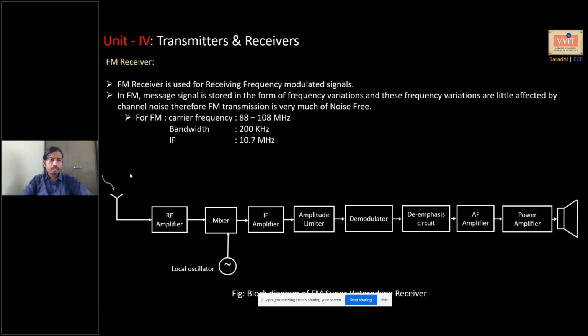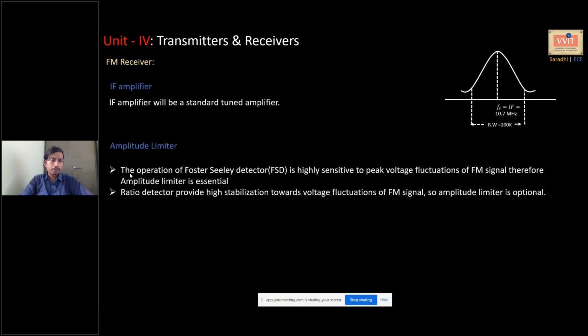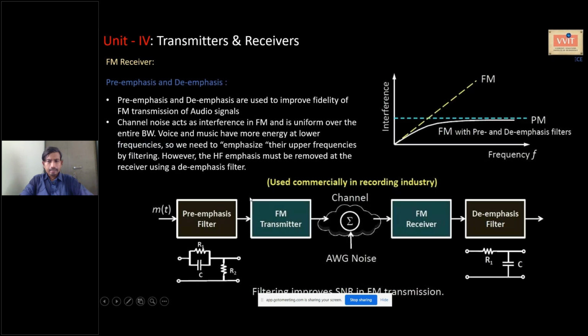Such noise can be eliminated. The fluctuations in the amplitude, the envelope fluctuations, can be removed using these amplitude limiters. So an amplitude limiter is required. And then the final topic, pre-emphasis and de-emphasis. As we already mentioned, pre-emphasis is used before the FM transmitter, that is FM modulation, and the de-emphasis circuit is used after FM demodulation is performed.